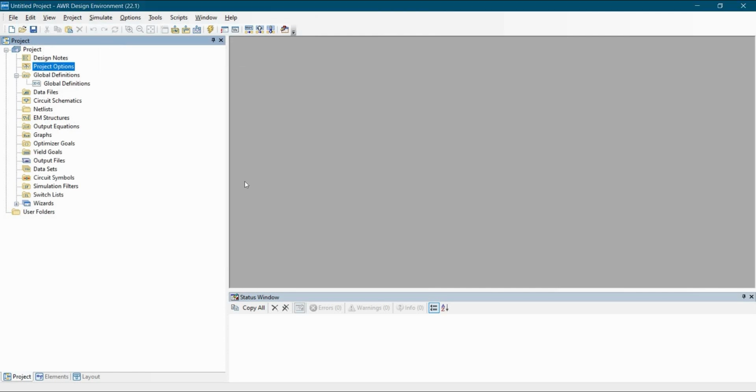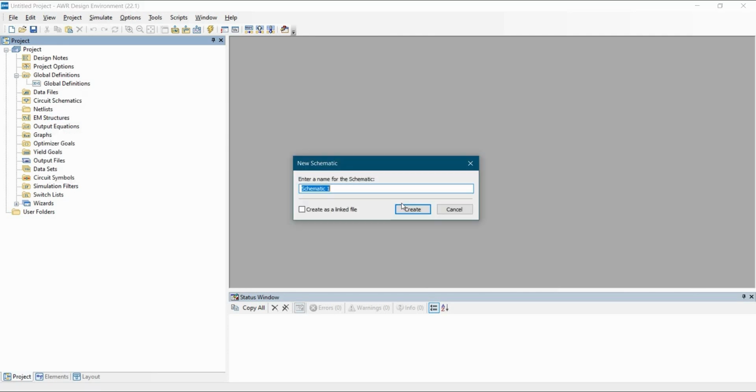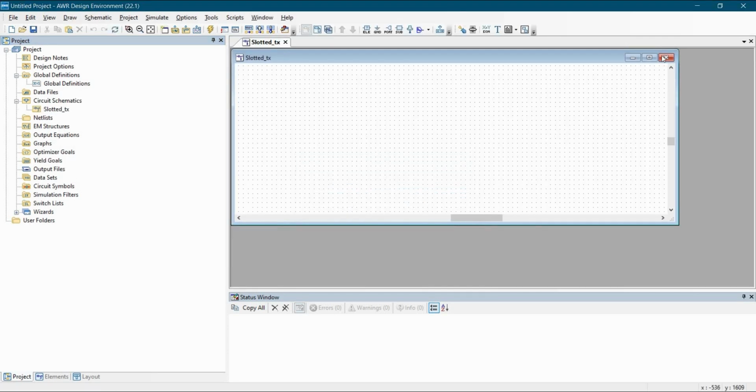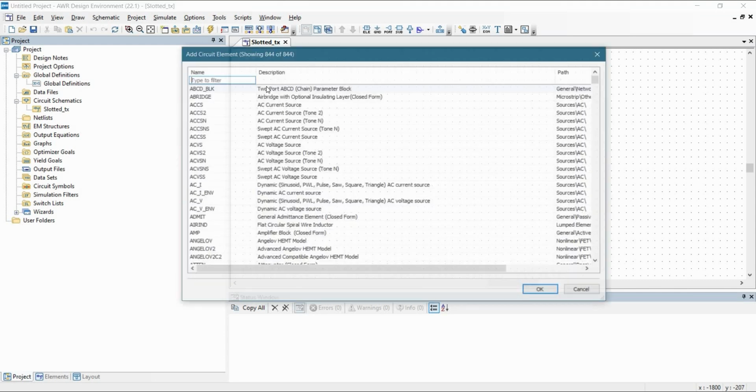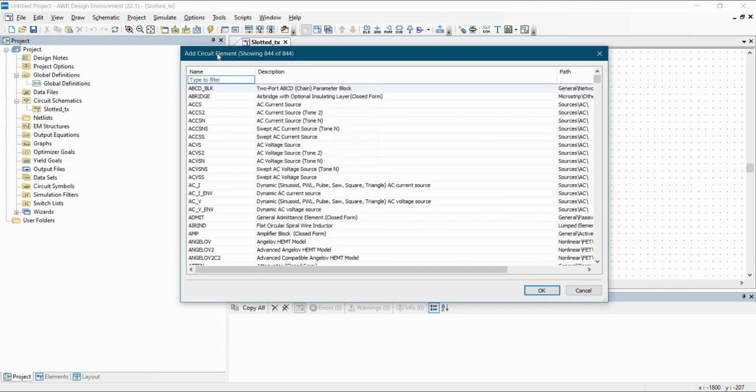Next, we are going to set up the circuit schematic. To do that, we'll go to circuit schematic in the project window, right click and click on new schematic. I'm going to name this slotted transmission line and click the create button. Then we are going to place two transmission lines, which will be TLIN. To do that, we'll just hit Ctrl L on our keyboard, and by that we can access the